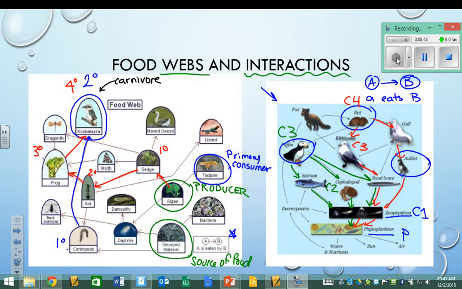So if we were to follow this path, from rat to seagull to bird, then we would sort of come down this pathway here and follow the sand lance. So we'd have consumer 1, consumer 2, consumer 3, consumer 4. So we could make the case that the rat is consumer 5 in that one. What I want you to recognize realistically is it depends who else is in the food chain. We would never be able to say a rat is always a 4th order consumer or always a 5th order consumer. It just happens to be in this picture, but that doesn't mean it is everywhere all the time.